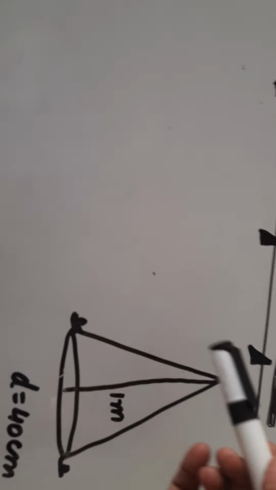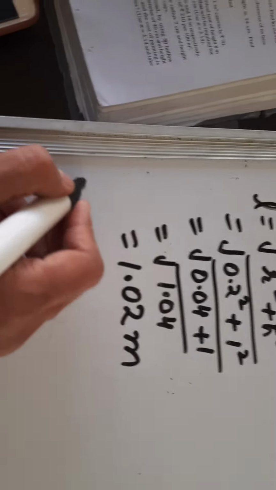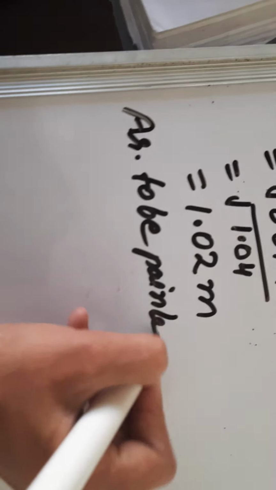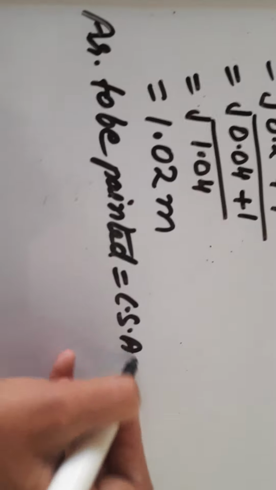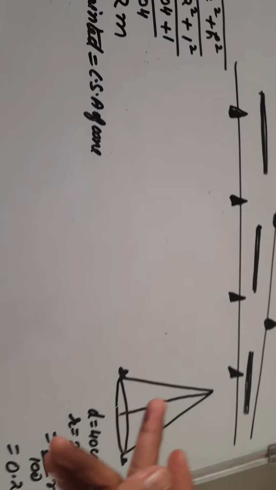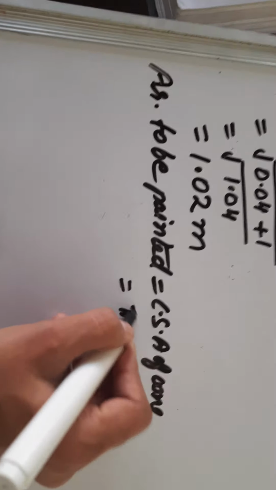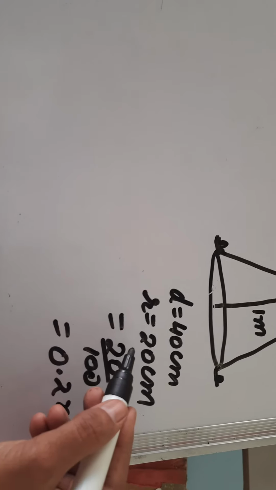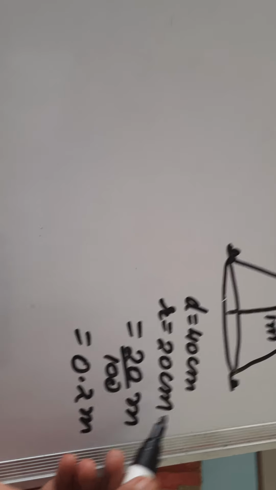We have to paint only the curved surface area of the cone, and to get the curved surface, that means the area to be painted, what do we write? Area to be painted must be equal to CSA of cone, because we have to paint only the outer part, that is pi RL. And all the things are given to you. Pi, it is given to you in the question as 3.14 into radius. We'll convert the diameter 40 centimeter into radius by dividing by 2, so 20 centimeter, but the height is